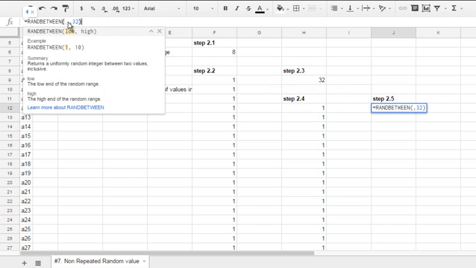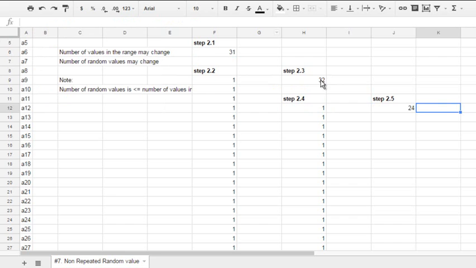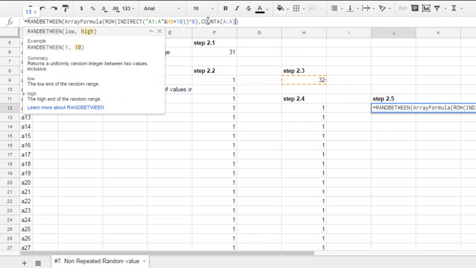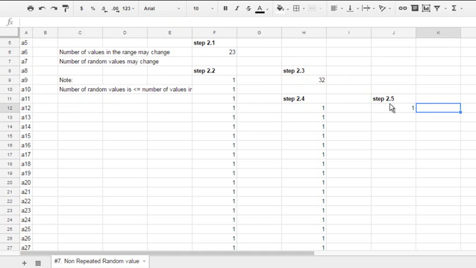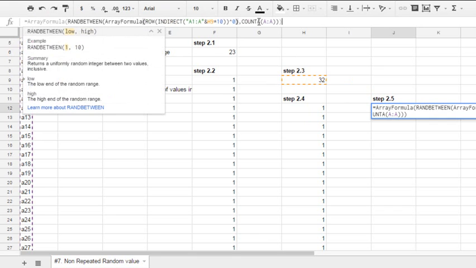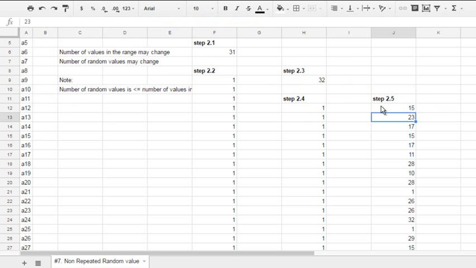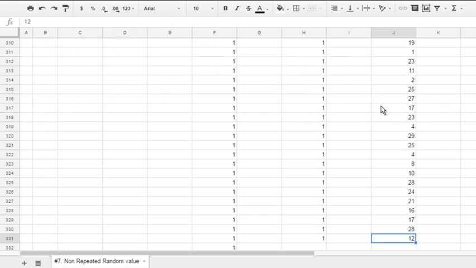I'll place them here. Yes, it's okay. Instead of 32 I'll have this COUNTA. This number we must count from our original range of values, and it's okay, but we have only one random number right now. Let's also make this an array formula. And finally, we got a big amount